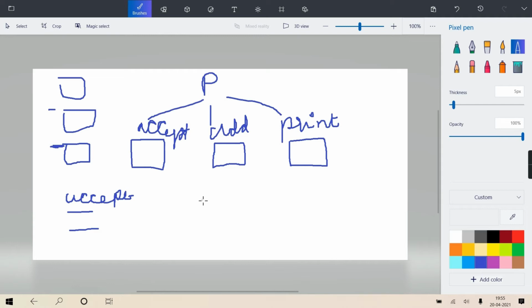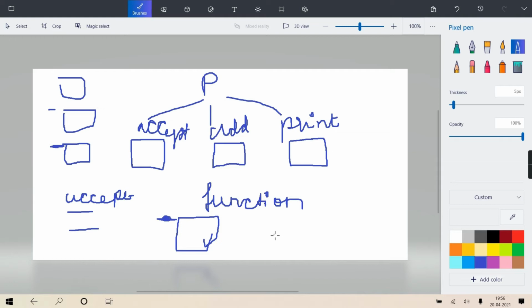So now can I give a systematic definition of what is a function? Can I say a function is a named code block? It's a code block, but to that code block some name is given. And that code block performs some specific task when it is called.